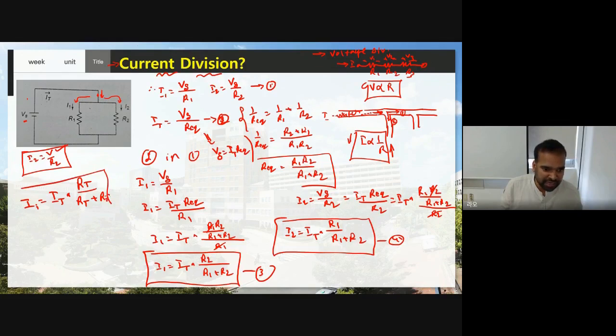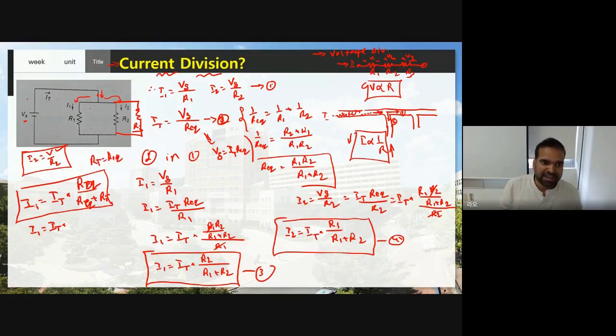Okay, so here this is RI. Now suppose, let us consider you have another element. This is R3. Okay. Now if I want to find current at R1, so instead of I, you just keep 1. Okay, this is the current at R1. So IT into, what is the RT? Except R1, how many resistors are connected in parallel? R2 and R3. RT is nothing but equivalent resistance. So you can write R equivalent, no problem. R equivalent, RT or R equivalent is same.